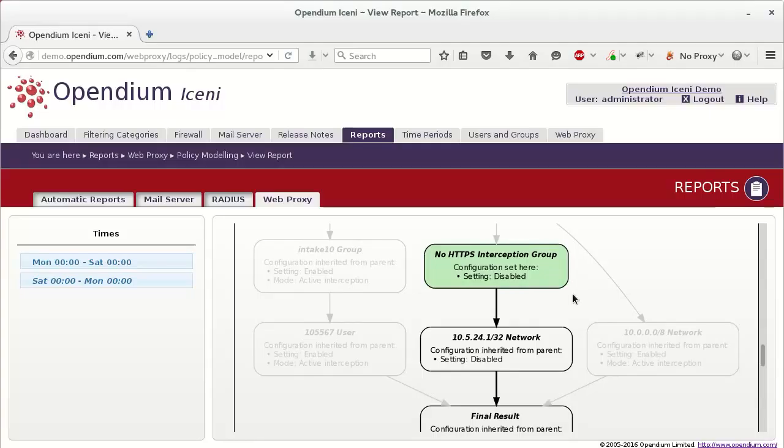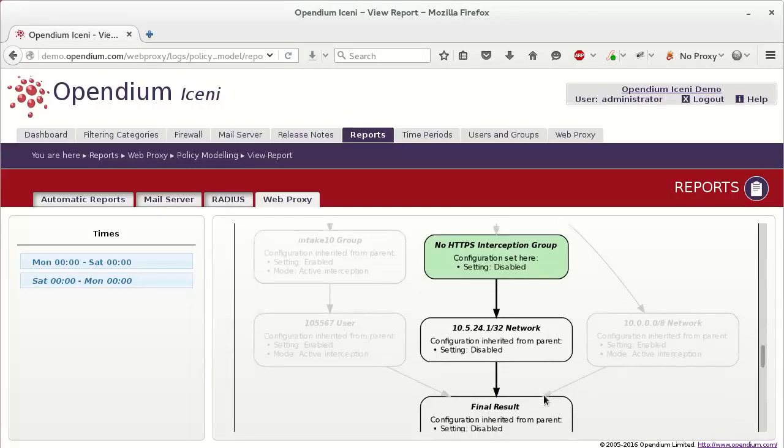The group shown in green is where the configuration that was used originates. The green group, called No HTTPS Interception, disables HTTPS interception, and this is inherited by the 10.5.24.1/32 network, which contains the user's workstation. The final result was to disable HTTPS interception.